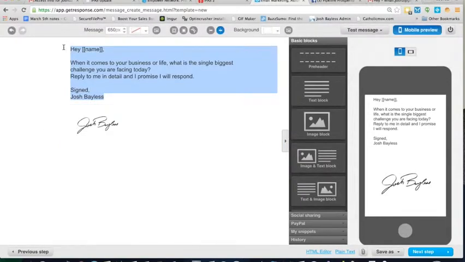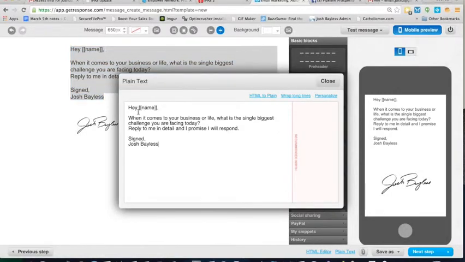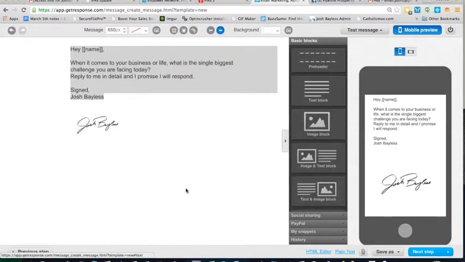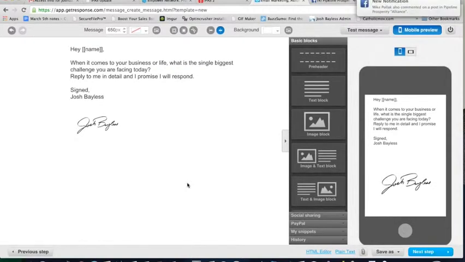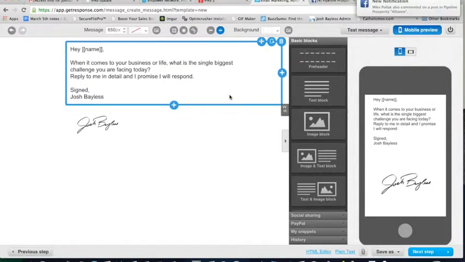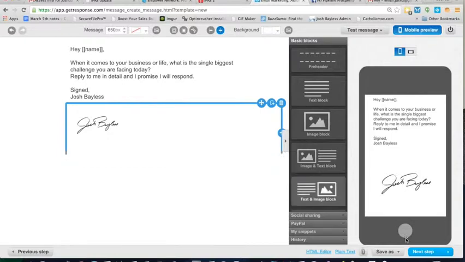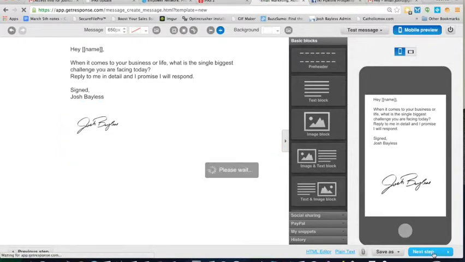I always copy the text in here, and down here where it says plain text, I click that, and I paste it into here. And the reason I do that is I've heard somewhere that if you do this, your emails are less likely to end up in their spam folder. So I just do this every time. Just a good practice. I don't know if it really works, but if it does, it's well worth it, because it only takes a couple seconds to do. So you just go to next step,